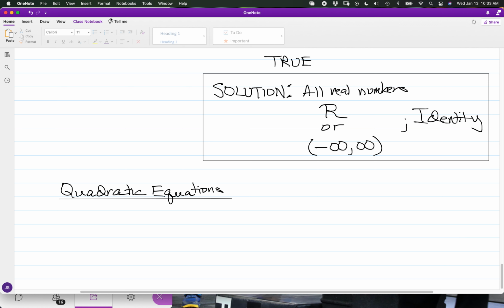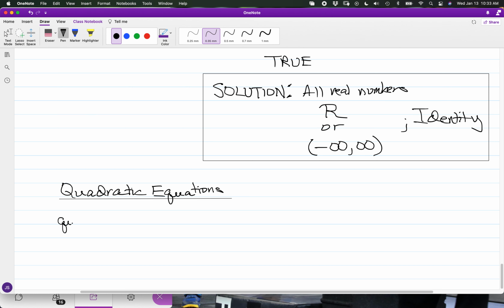And we have by definition, for a quadratic equation,